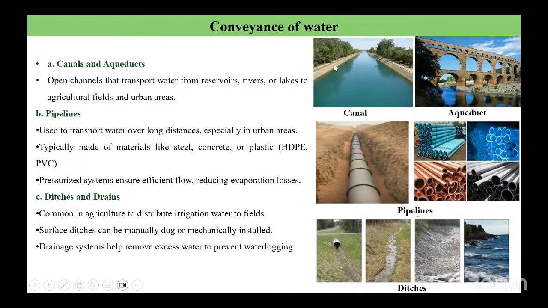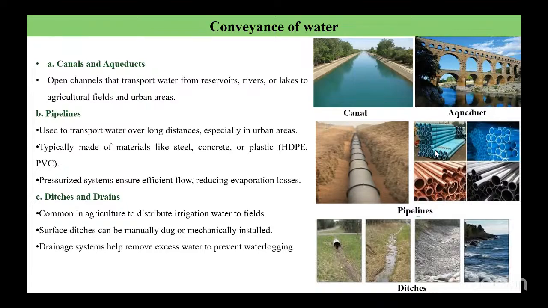Sometimes pumps are used for low levels, with very little water from tanks or whatever. But if the water is coming from long distances, like rivers, lakes, etc., and it has to flow in a proper way, pipelines have to be used. With a particular internal size, a pressure is created, ensuring efficient flow and reducing evaporation losses.